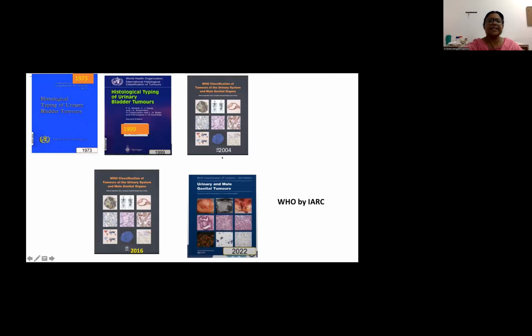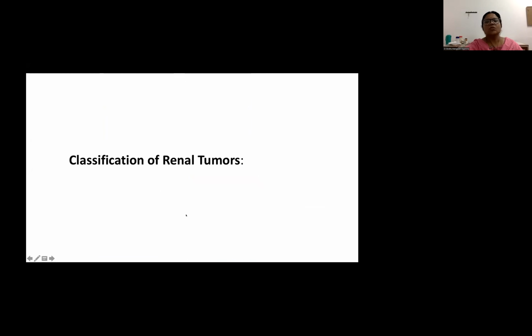So as I said, it started in 1973 with the first fascicle, the second being in 1999. 2004 is the year which saw the third edition of the WHO, followed by the fourth edition in 2016, and 2020 is the year which came up with the fifth edition of the tumor classification. Now, coming to the classification of renal tumors,